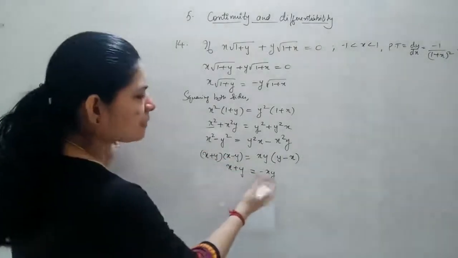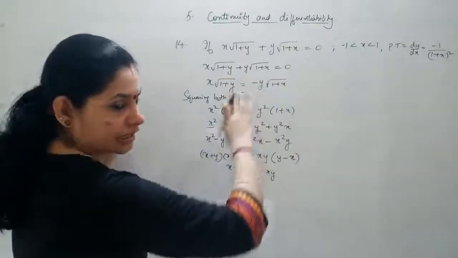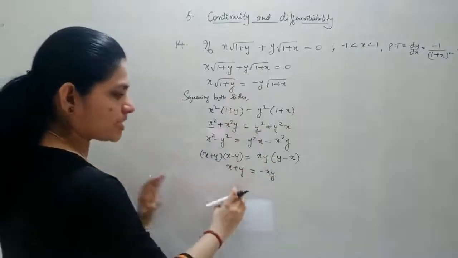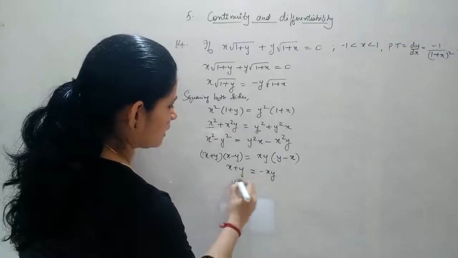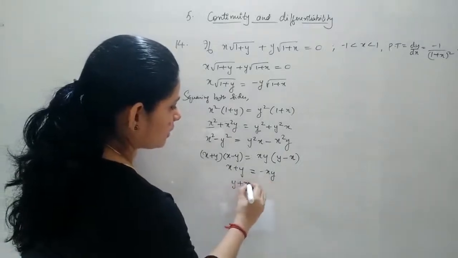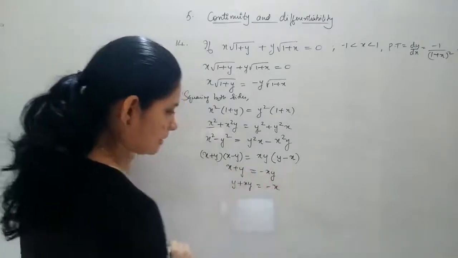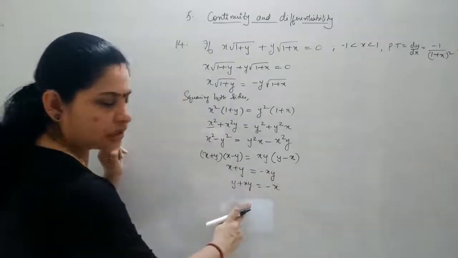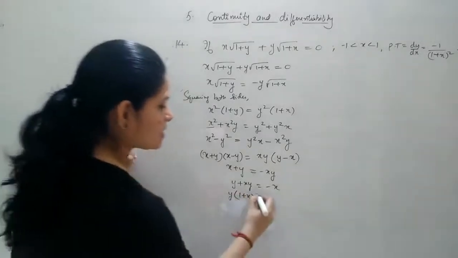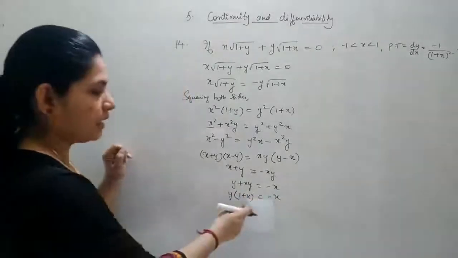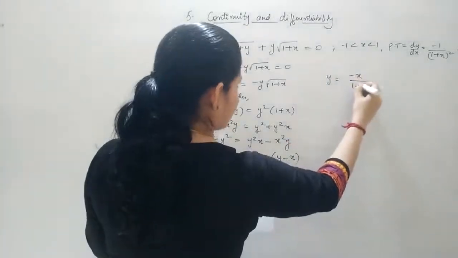Now again I am collecting y term together and x term separately, because what I need is dy by dx, so that I should make the equation as y equal to some function of x. Okay, so just rewriting again, that means taking this term to this place and x to the other side. So y terms together means I can take out that y. So this will become y into 1 plus x is equal to minus x. Okay, so that y will become minus x by 1 plus x.